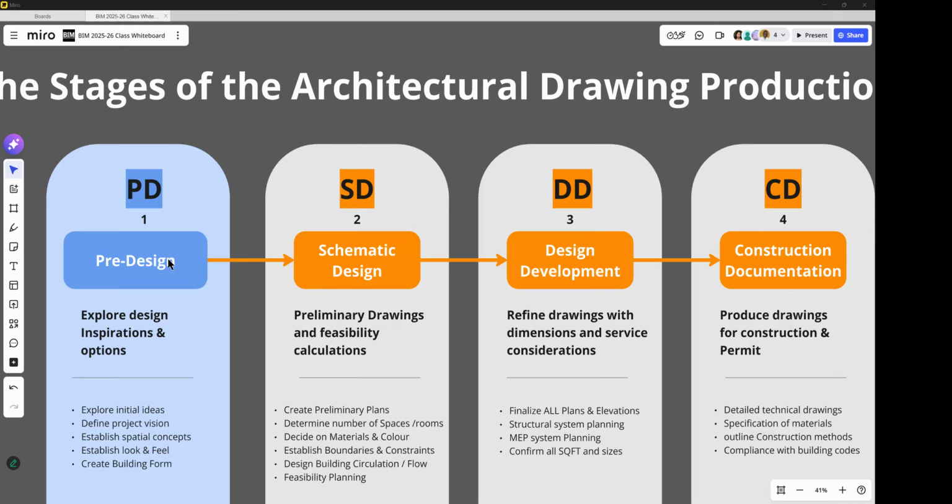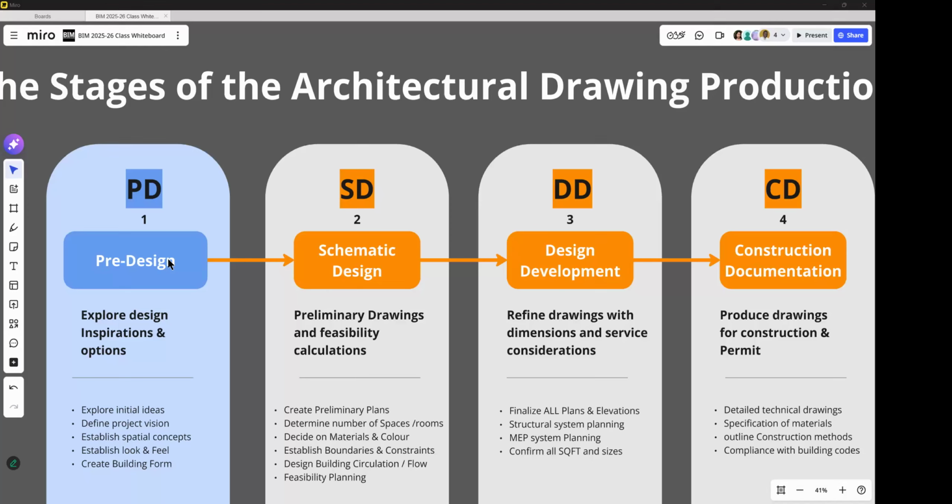Then you go to design development, which is, think of it as a final confirmation of the design. The room will be 10 by 20, right? And then you start to work out some other systems and structure and all of that stuff. What are the sizes of the columns? What do you think they will be? That kind of stuff. And then over to construction drawings, right?